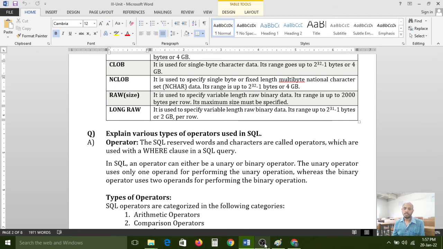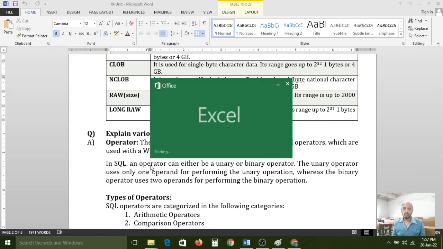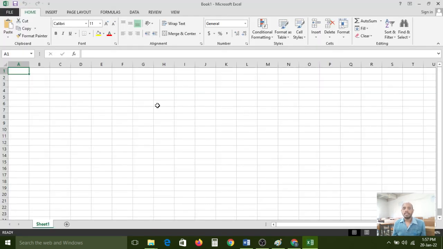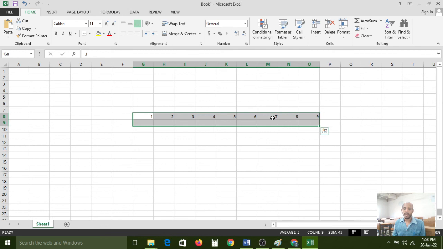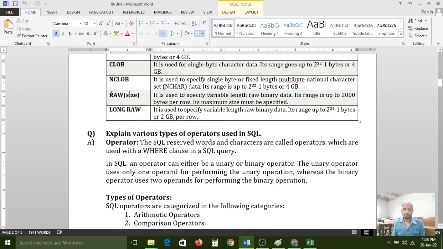For example, now I am opening one Excel. You can treat it like a database object. So here 1, 2, 3, 4, 5, 6, 7, 8, 9. We have 9 columns of data. This complete record it is storing into the database structure, and this complete structure is maintained by the raw data type.